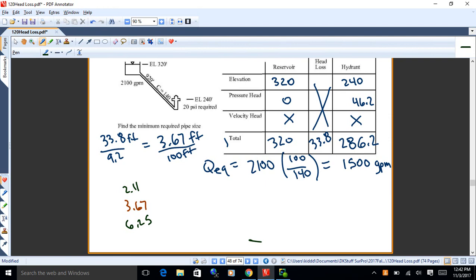100-foot blanks. Yeah, and actually the 9.2, there isn't any limit on it for feet. That's the head loss per 100 feet of pipe, 3.67. So now you can go to the charts. So I take this number? Yeah, you can use that on the charts. So I take the charts right here. Yeah. Right. So, look up